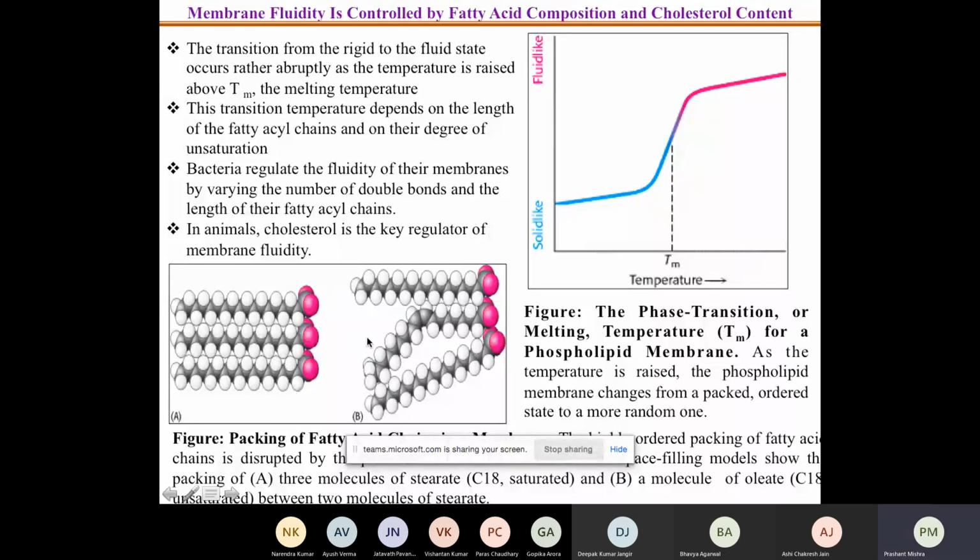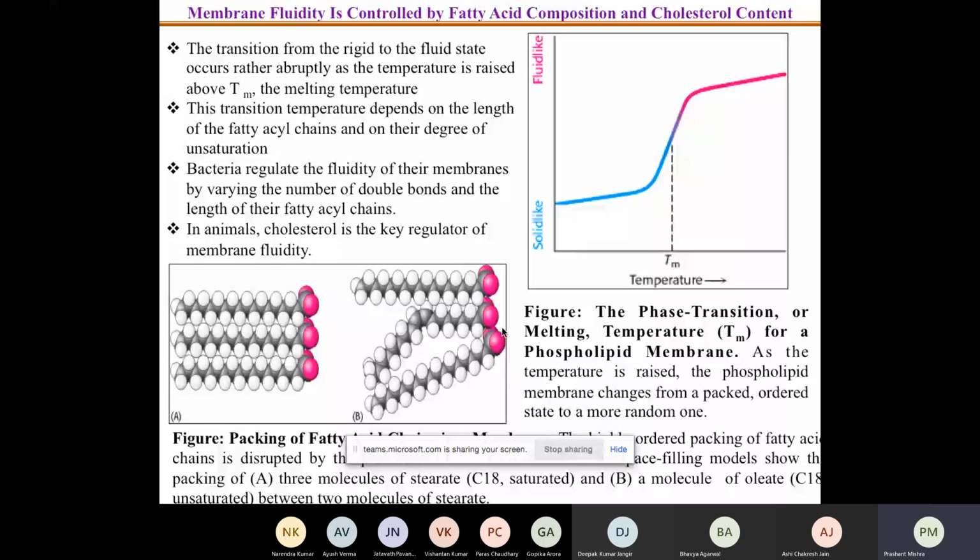You can have two double bonds, you can have three double bonds. So you can have 18:2, 18:3. So if you increase the number of double bonds, their packing is less compact. If you increase the chain length, packing becomes much stronger. So by these two manipulations, the body can maintain the